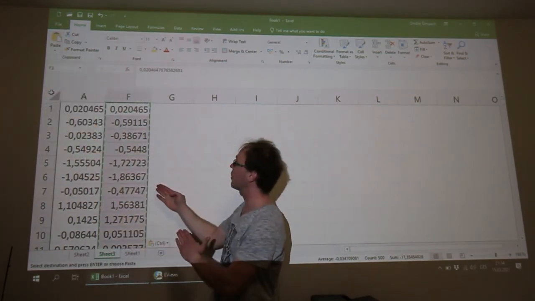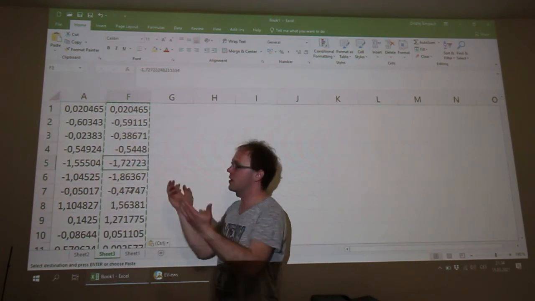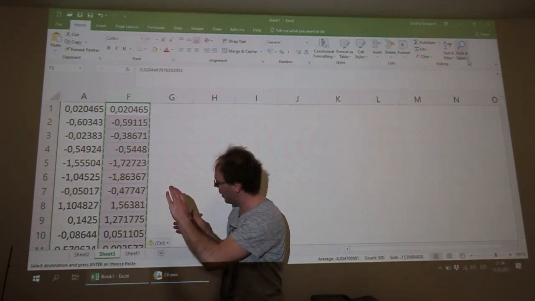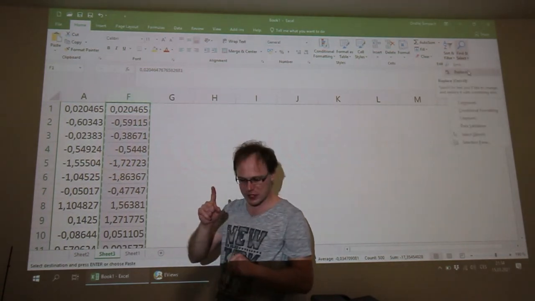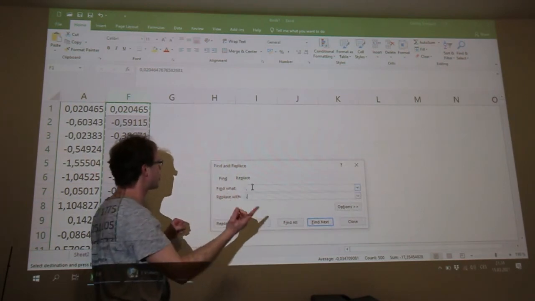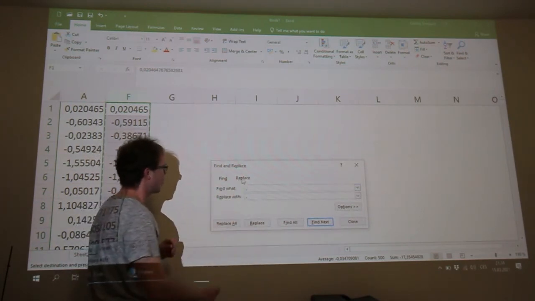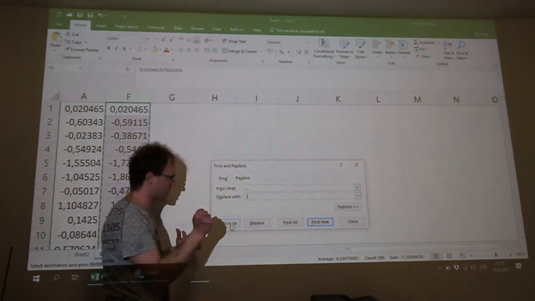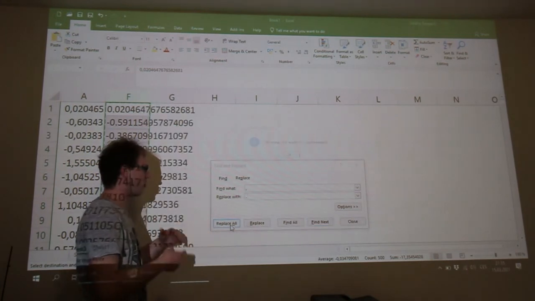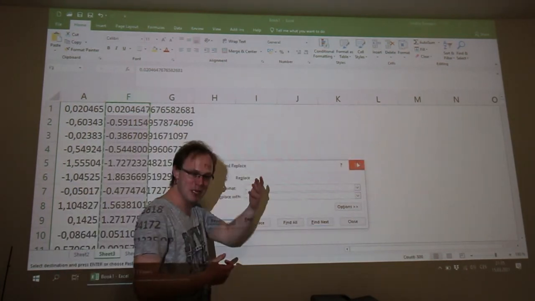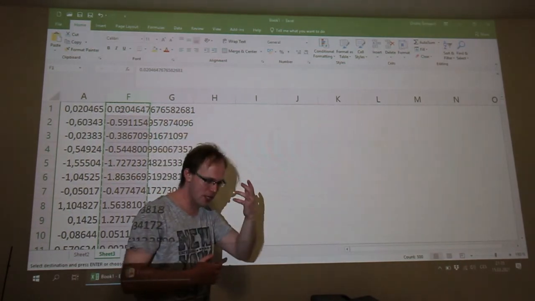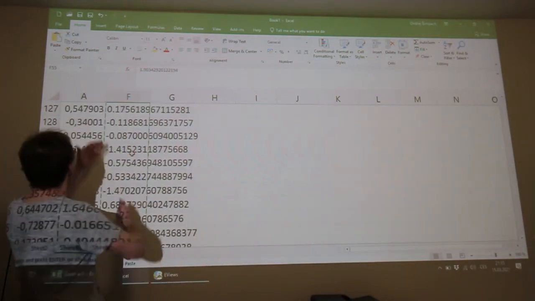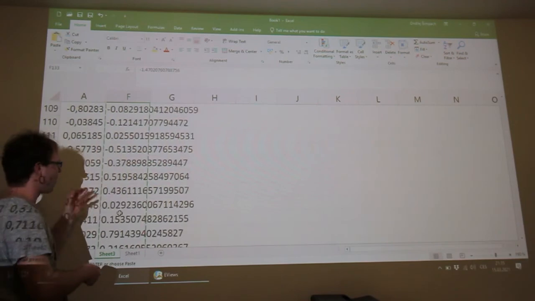So the formulas are deleted. Now again we must select all these 500 values, use shortcut Control H for find and replace. We must find the commas and replace with dots. We'll use the button replace all, and you will see the message that we replaced 500 issues. So you can see that we have replaced 500 values.